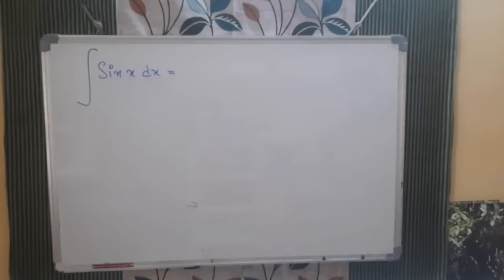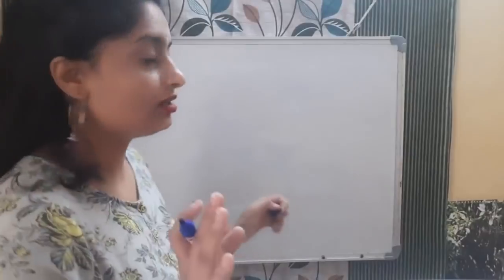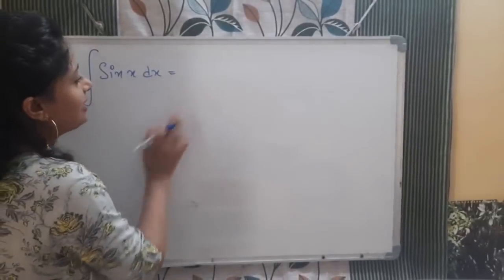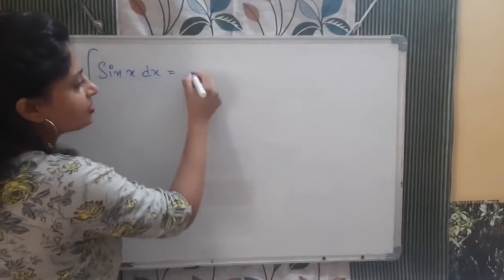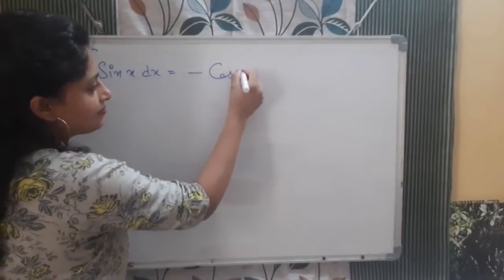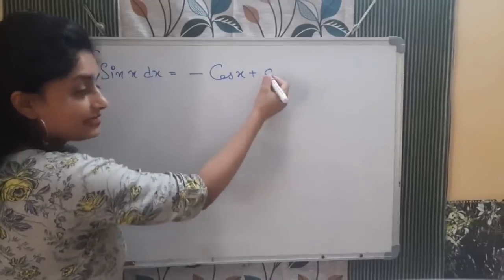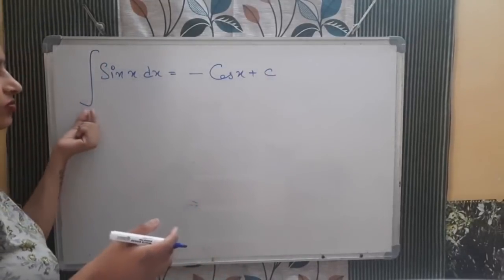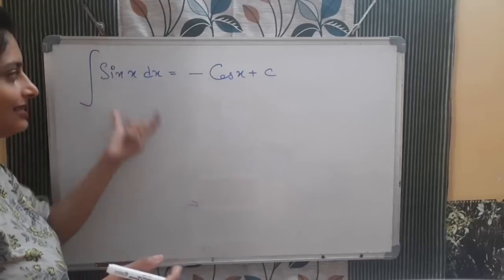See. Firstly, sin x dx. Now the trigonometric formula differentiation we already did in that complete video. There are lots of formulas. Sin x dx. Okay. Now sin x dx, what will its integration be, child? Minus cos x plus c. Again c is constant because these are indefinite integrals. We don't know about limits, from where to where we are integrating.